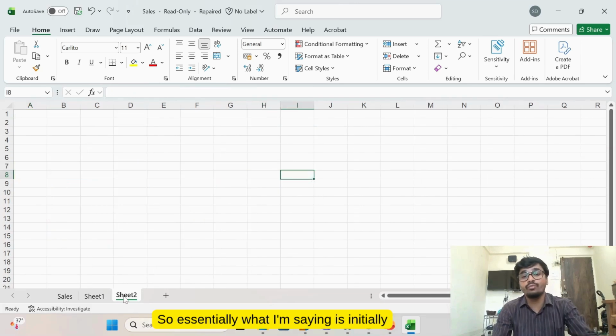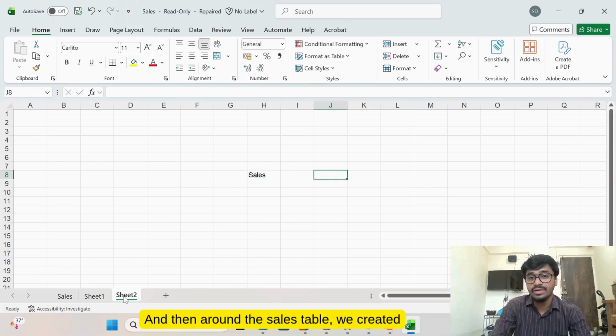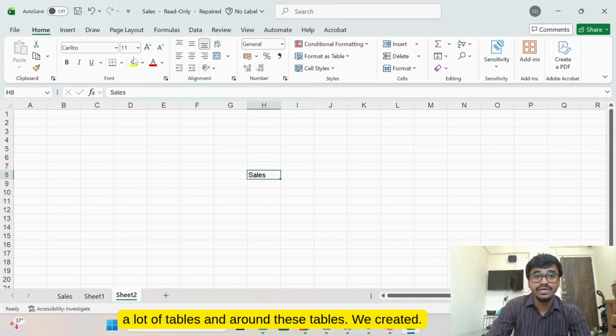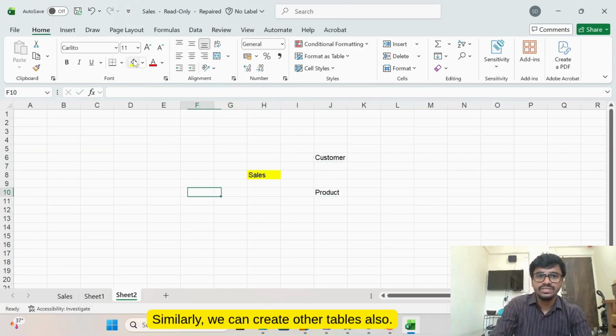So essentially what I'm saying is, initially we had the sales table, which was basically the fact table, and then around this sales table we created customer table, then we also created product table. Similarly, we can create other tables also.